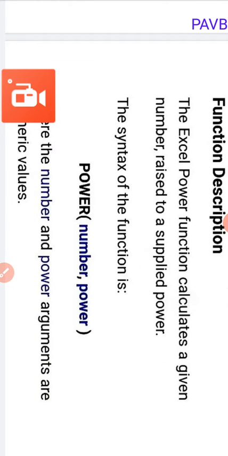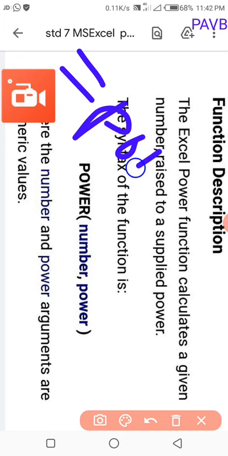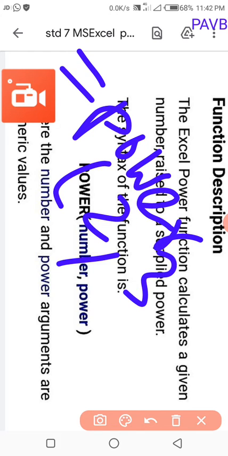Power. The Excel POWER function calculates the given number raised to the supplied power. The syntax for the function is POWER, open parenthesis, number, comma, power, closed parenthesis. For example, equal to POWER(2,3). What is the value?